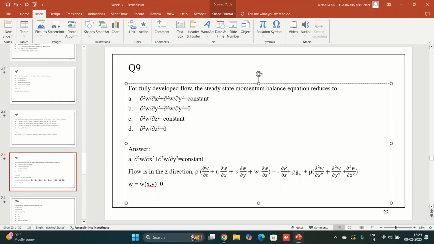So what remains is the fully developed flow, so u and v component velocity becomes 0 and w is not varying with respect to z. So we have 0 in the left hand side and we have minus ∂p/∂z, and if we are neglecting the body forces, we have the other terms, mu into ∂²w/∂x²